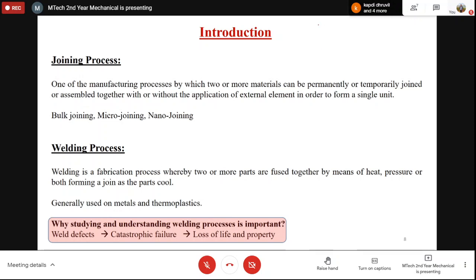We have a machining process, in which we are removing the material through various modes. Let's say this is the extra material and we are removing it. So the removal of material is taking place. It is a negative material change rate process.